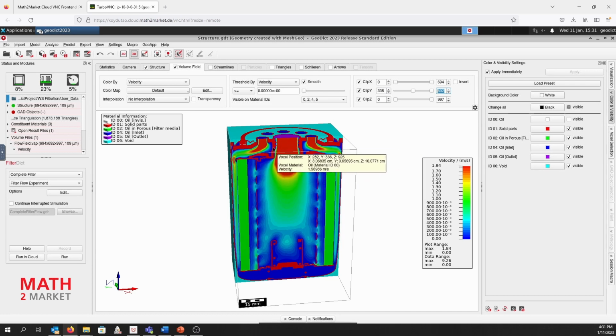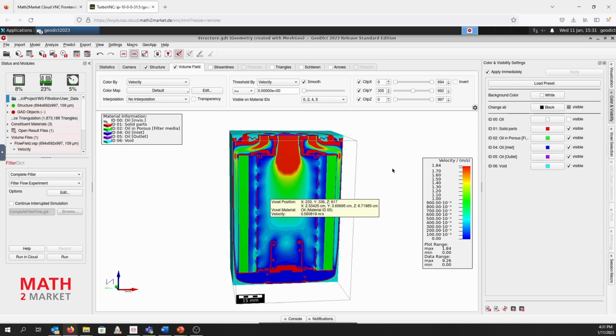And we beautifully see next to the structure that for the inlets we have very high velocities which go past a smaller channel here, which increasingly shows high velocities, and then the material moves through the pleated filter media and then discharges through the outlet in the middle. So from the 3-dimensional perspective, we are quite confident about the results. By moving with the mouse over each voxel, you see the velocity in each of the cells in meters per second.